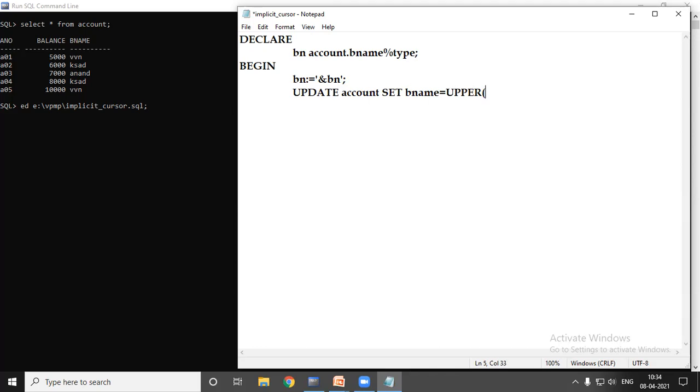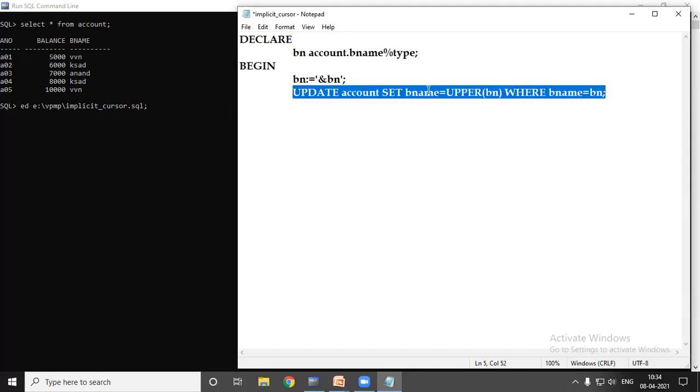BN is a variable, so we are passing BN as an argument. The condition we are specifying using the where clause: where value of bname is equal to bn. So update account, set new value for bname where this is the old value for bname.